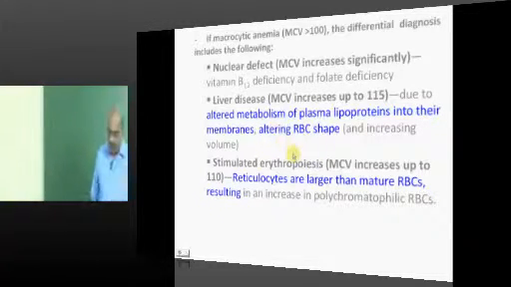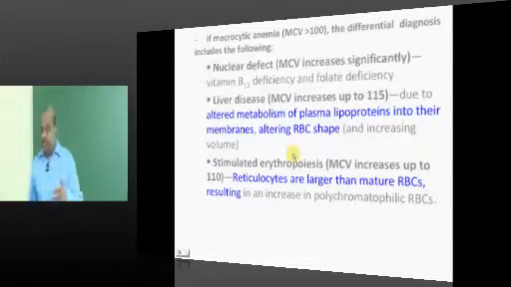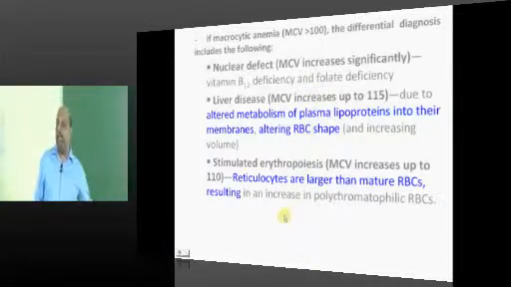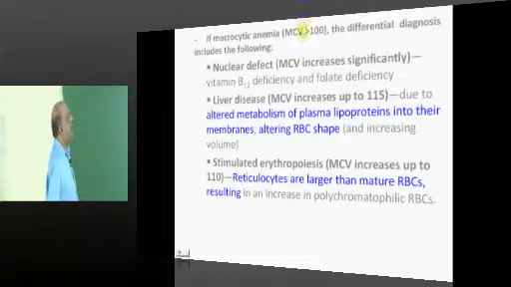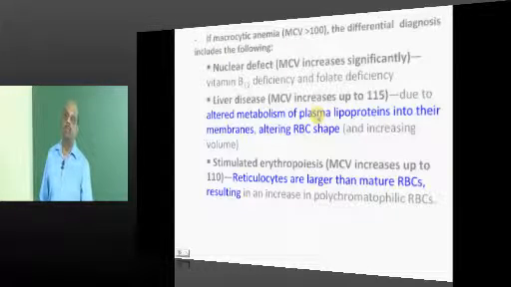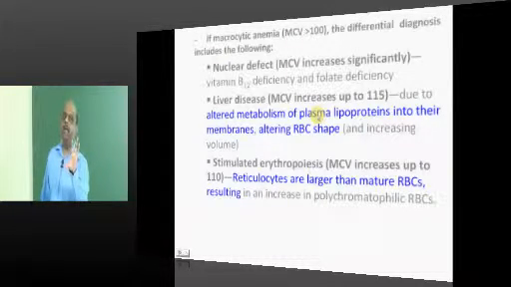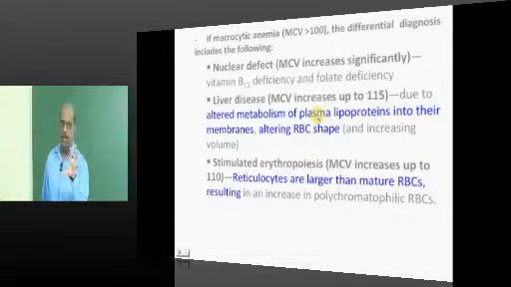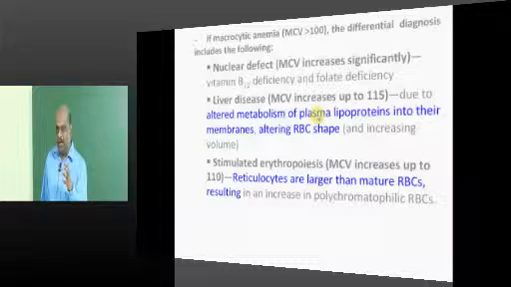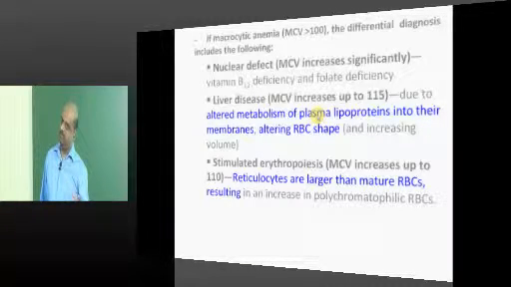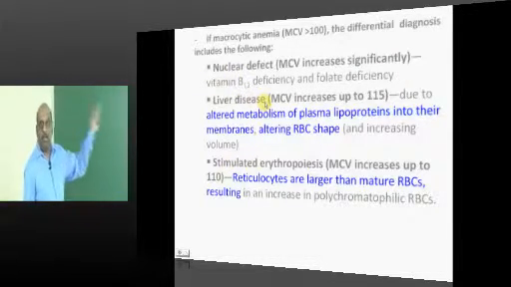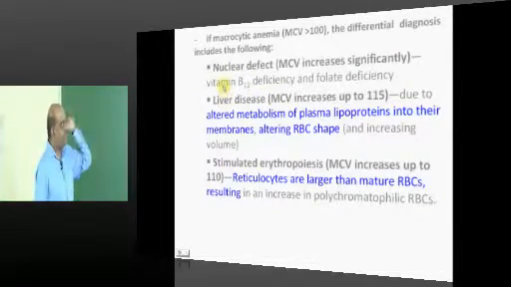Now, if MCV is more than 100 in a patient with a reti count less than 2%, what are the causes? There could be a problem in the nucleus. Fundamentally, any cell is a combination of what, doctor? Nucleus, cytoplasm. What will be inside the nucleus? DNA, RNA. Agreed? So, any defect in the formation of the DNA because of the deficiency of vitamin B12